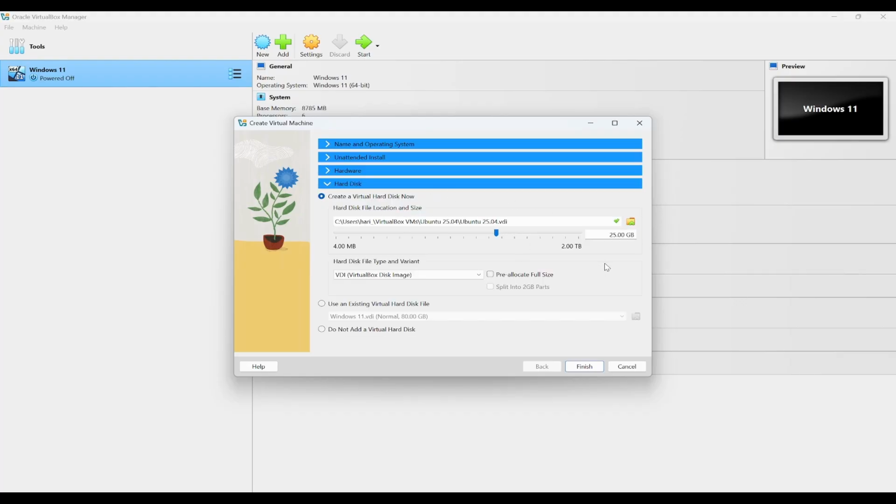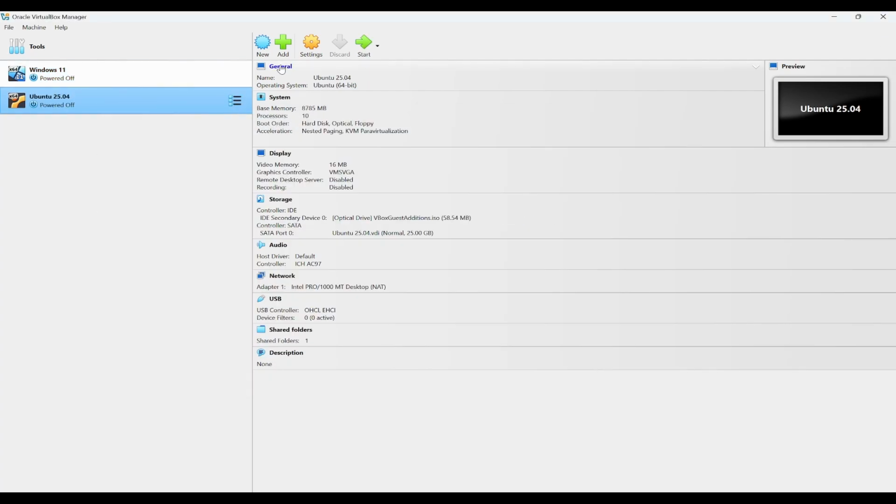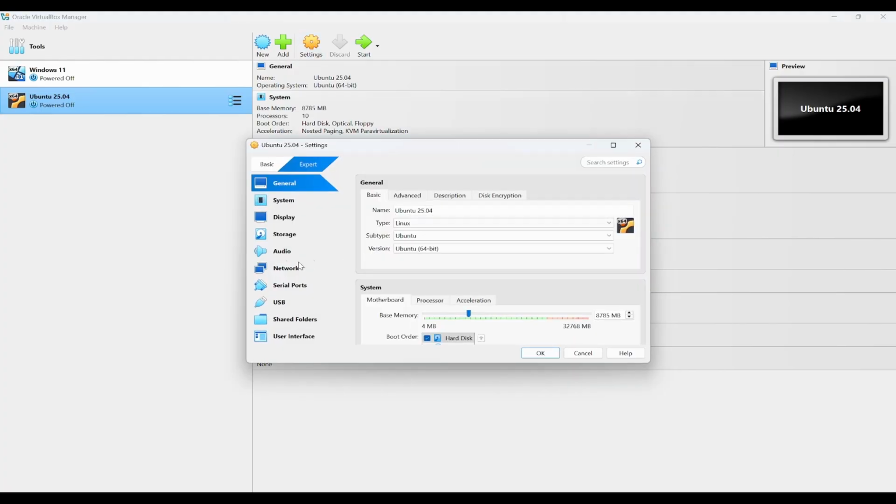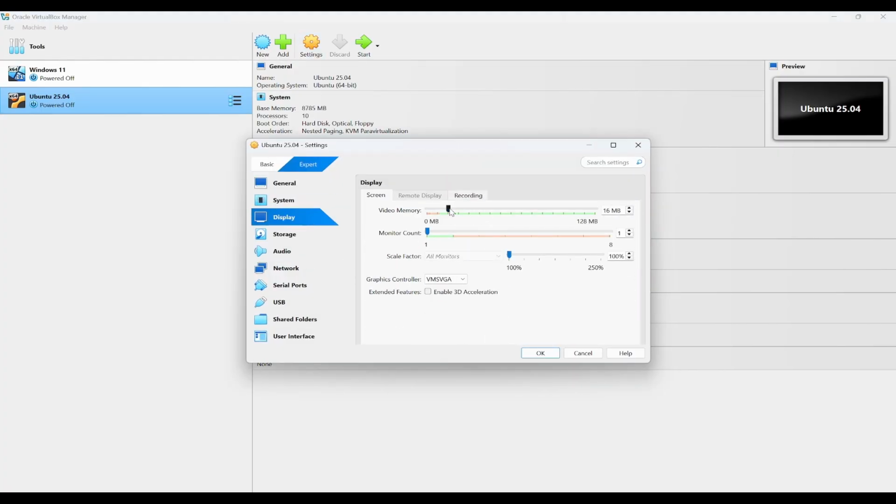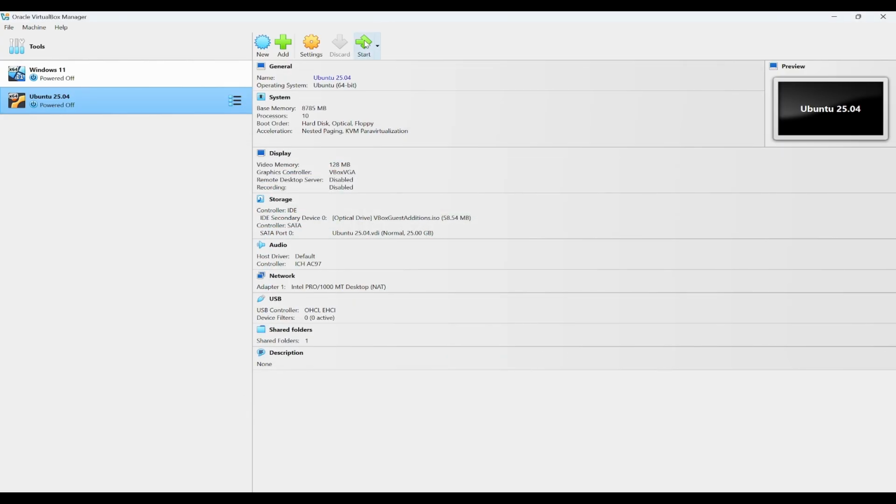In the hard disk, you can select a minimum of 25 GB or maximum whatever you want, based on your available disk size, and for the remaining everything you can click on done. So you can finish. And we can also do the settings here. Under settings, go to display and give the full video memory. And the graphic controller should be VBoxVGA, and click on OK. Now try to start.